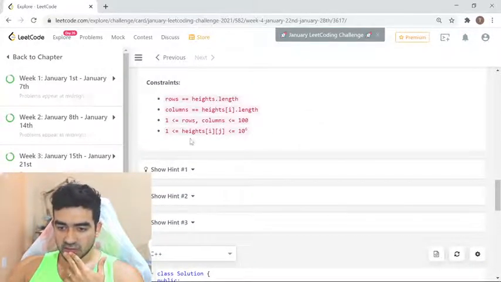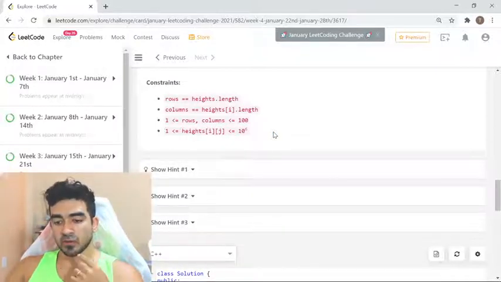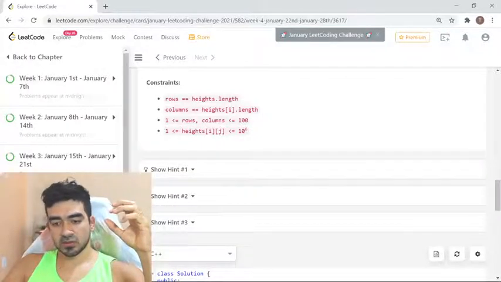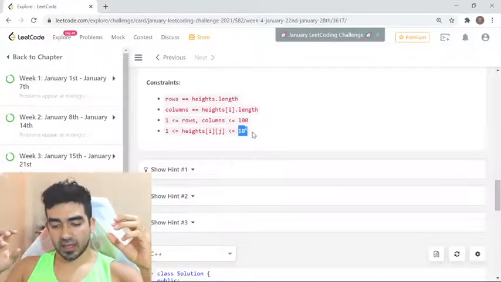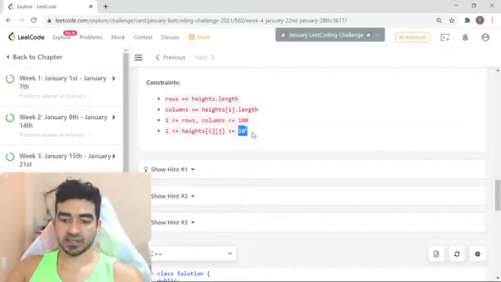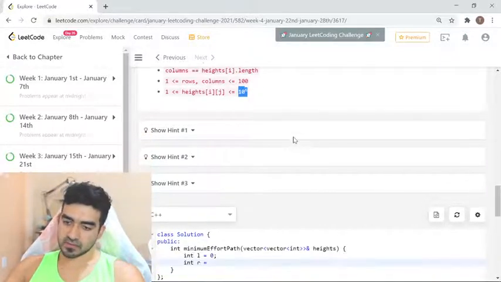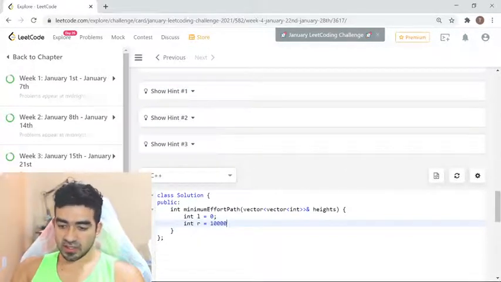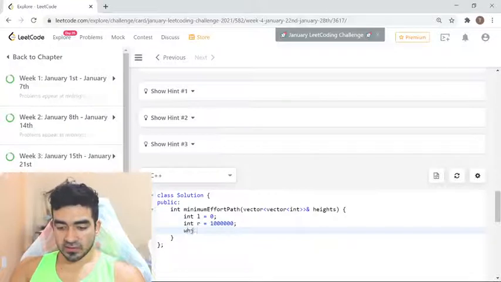Let's check the constraints. At most, I will be moving from 1 to 10 to the power 6. Then the maximum difference is 10 to the power 6. Okay, for each binary search,